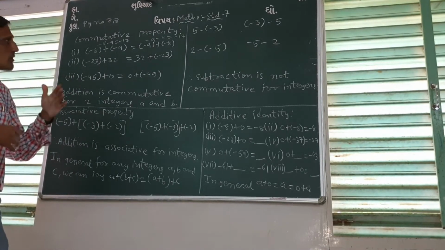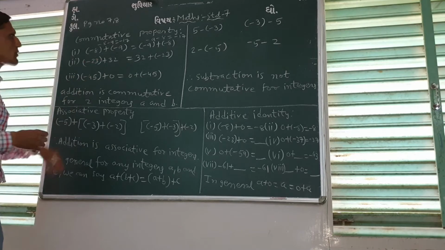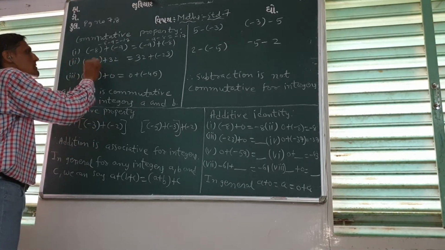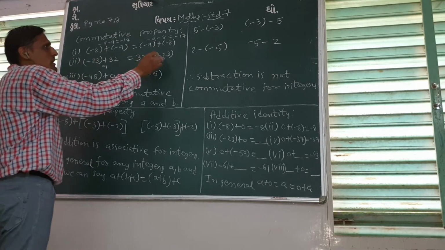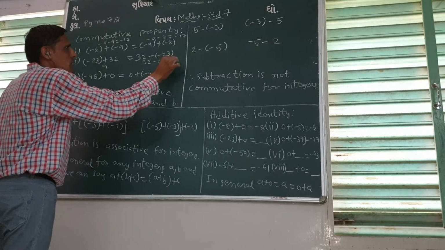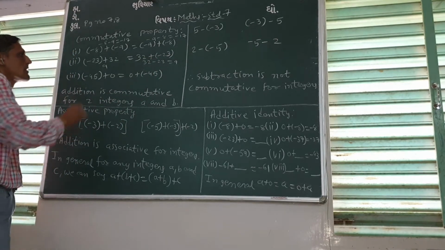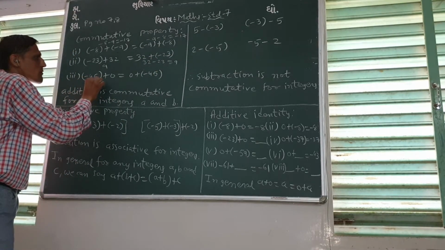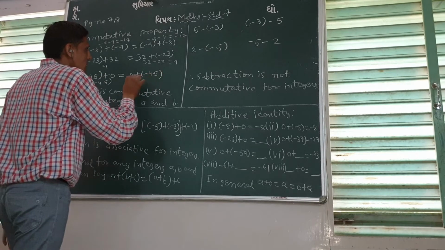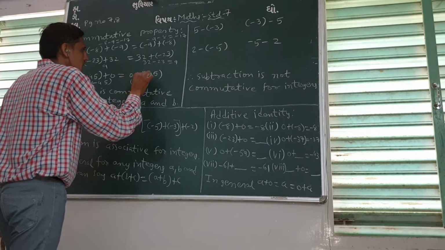कोई भी ऑर्डर में प्लस करो, -23 plus 32 तो करना माइनस है, लेकिन साइन ऑफ बिगर नंबर. 32 minus 23 is 9. Here 32 plus -23, sign of bigger number, so 32 minus 23 that is equal to 9, right. Then minus 45 plus 0 that is equal to what? -45. 0 किसी में भी ऐड करो सेम ही रहेगा. Here also it is -45, right.